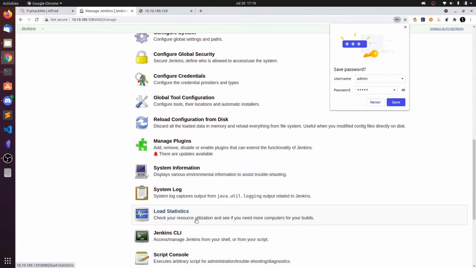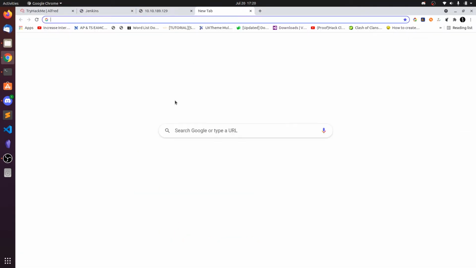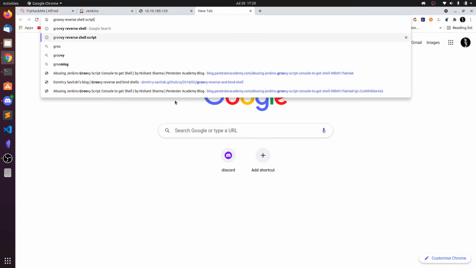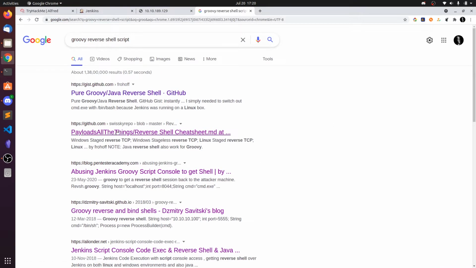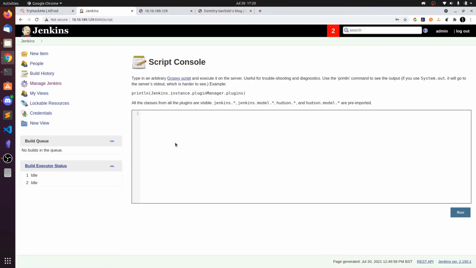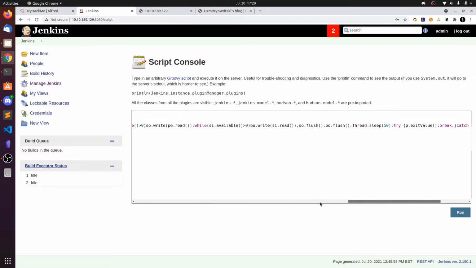Now you can execute scripts. Go to the script console and now Google for Groovy reverse shell. You can go to this website, dzmitry.github.io, and copy this one. This is the reverse shell.